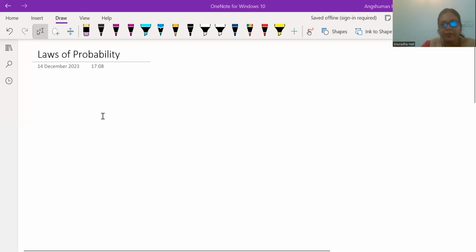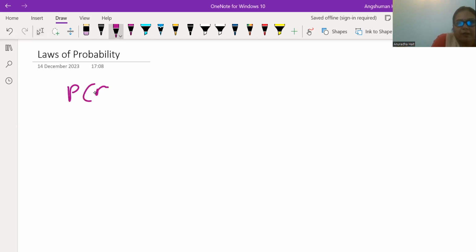Today I am going to teach you laws of probability. So, laws of probability. We know that probability means possibility or chances. What is the formula of probability? Probability of any event is equal to m by n, where n is the total number of outcomes in the